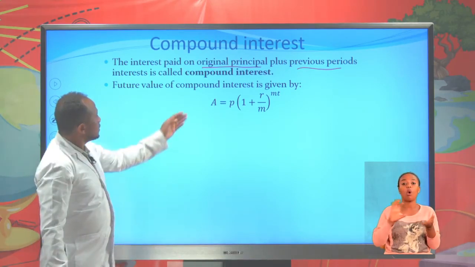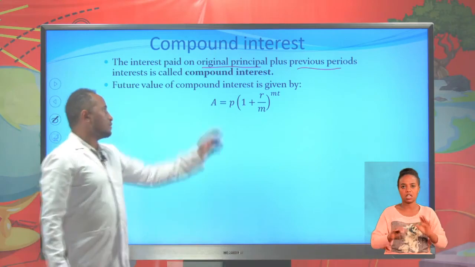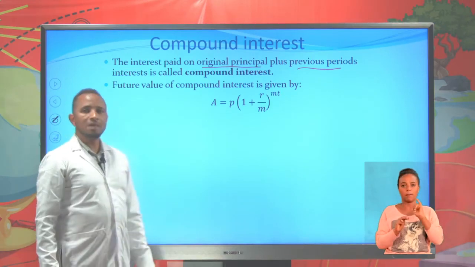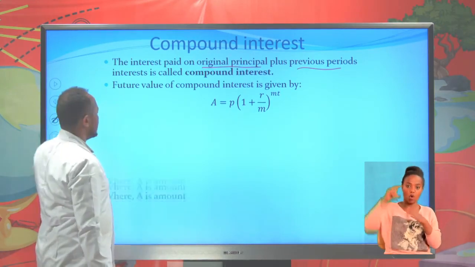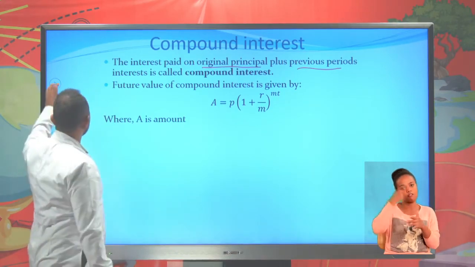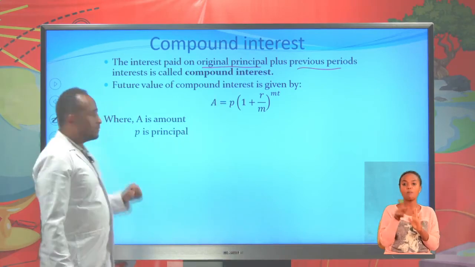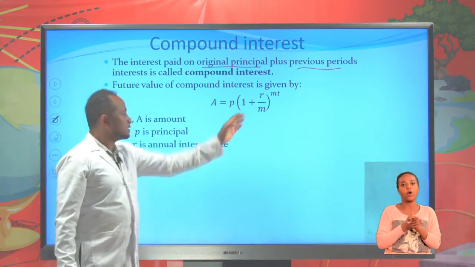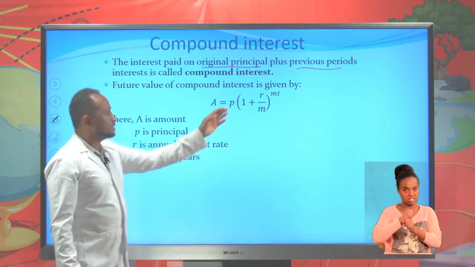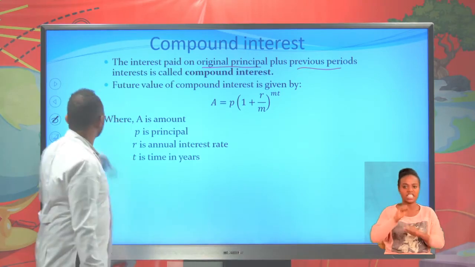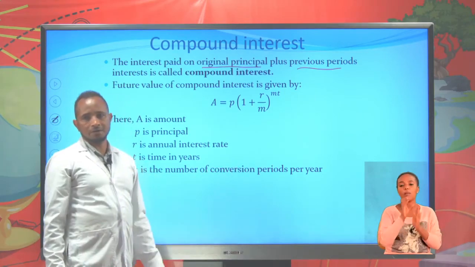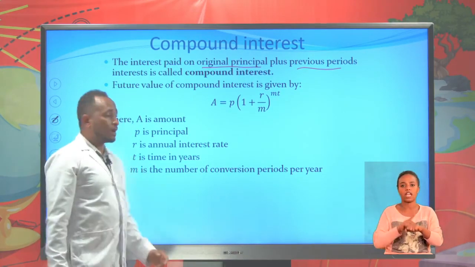It's given by amount is equal to the original money invested, principal, into 1 plus R over M, the power of MT, where A is the accumulated amount of this compound interest and P is principal, R is the annual interest rate, and T is the time in years, it must be in years, and M is the number of conversion periods per year. For example,